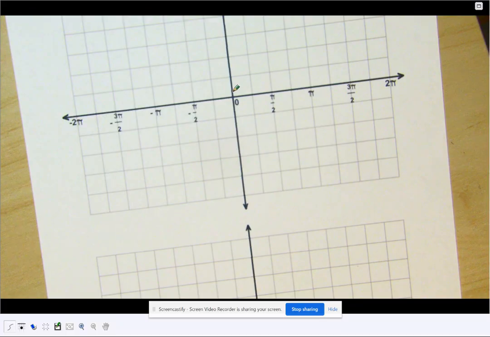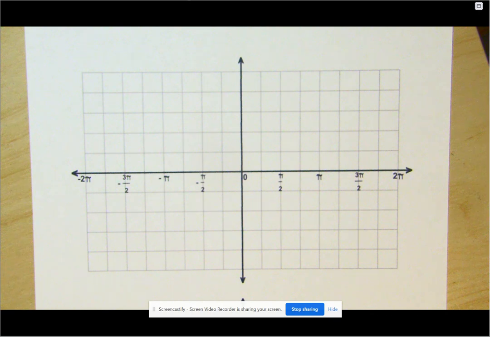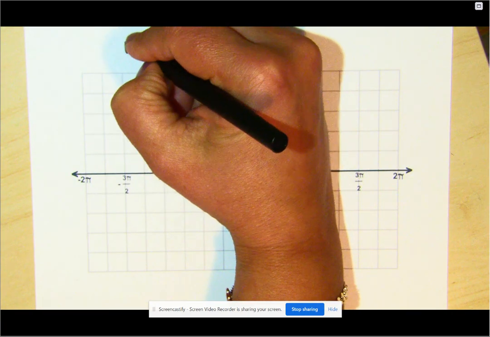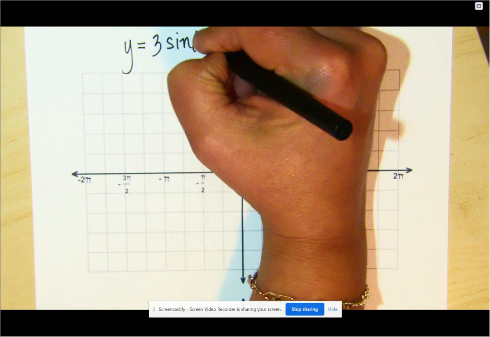Hi everybody, it's Miss Austin, and today I'm going to be going through some notes on graphing transformations of sine and cosine. Last week you were asked to analyze the transformations and choose the correct functions for those. Today we're going to actually graph those. So the first one we're going to start out with is y equals 3 sine x